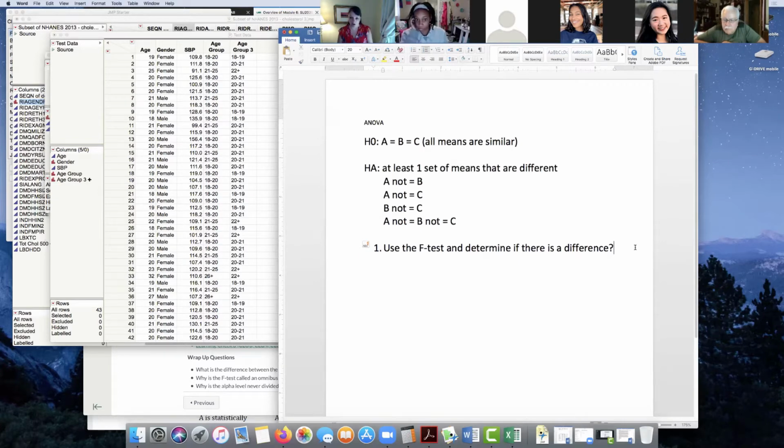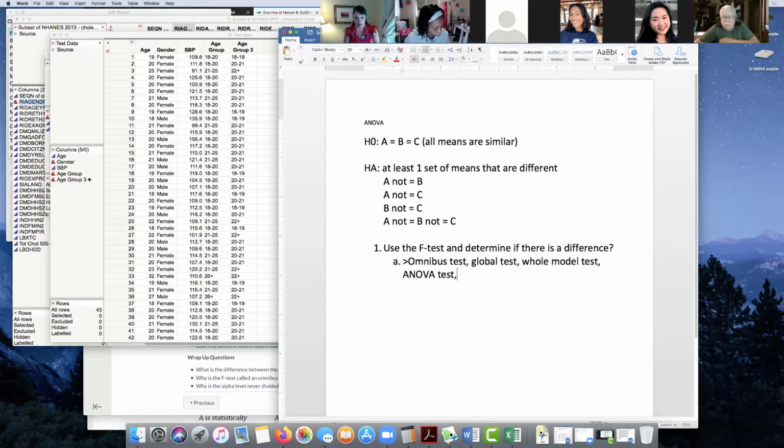This is called our omnibus test, or also called the global test, also called the whole model test. It's called the omnibus test because it's a whole analysis, it's looking overall. If you think about the position in politics, they serve everybody. It's the overall test. So it's an omnibus test, global test, or whole model test. You'll also see it listed as the ANOVA test.